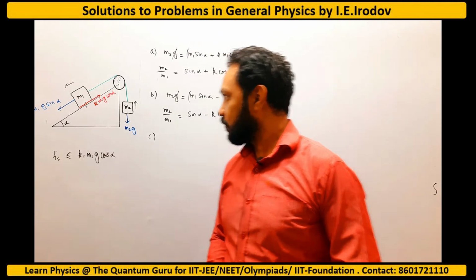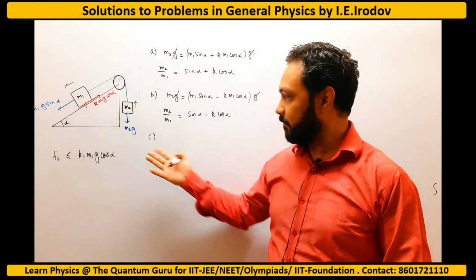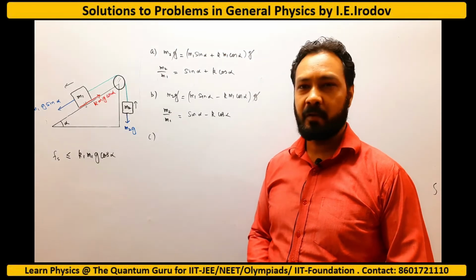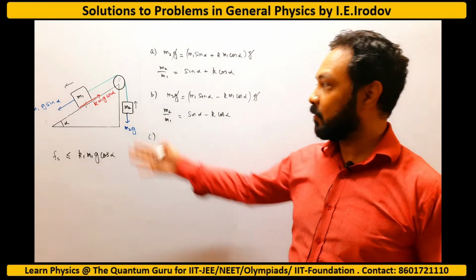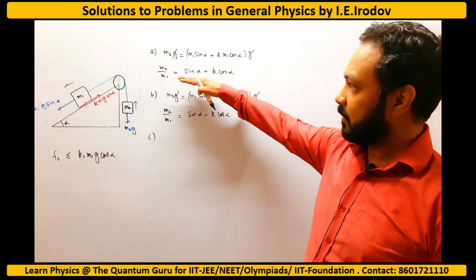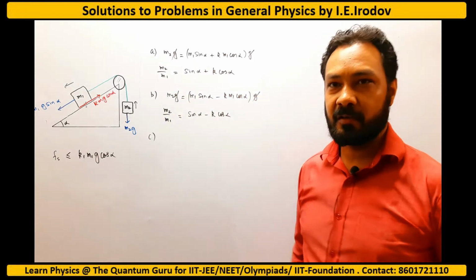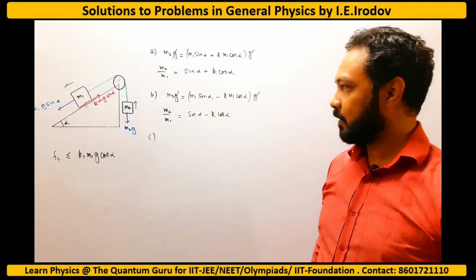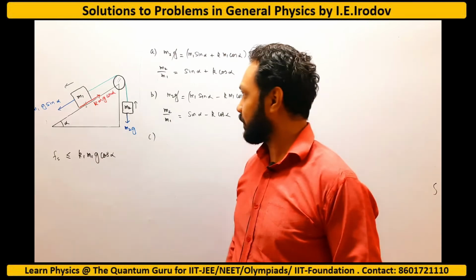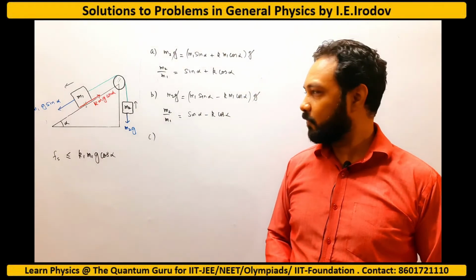And then we have to find the condition, the value of m2 by m1 such that the whole system is at rest. For this thing it is going to be just in the downward direction. For this thing it is going in the upward direction. So obviously if m2 by m1 is between these two, then it will rest, otherwise it is moving. But we can check it